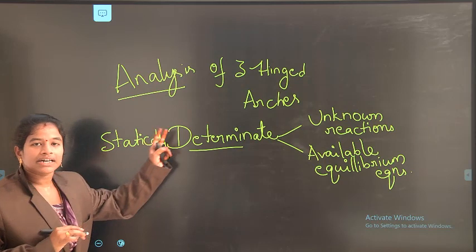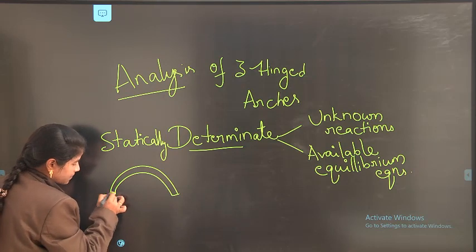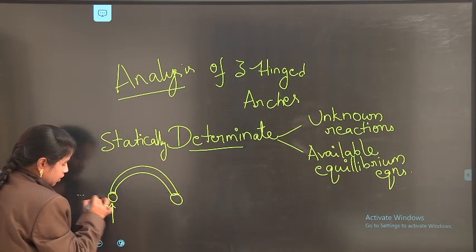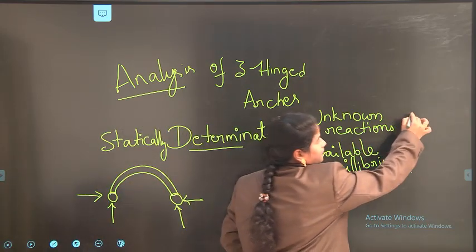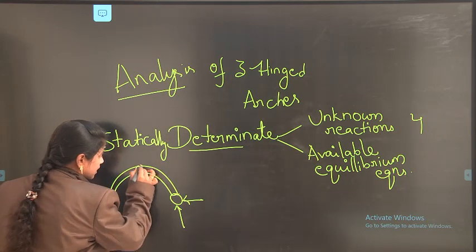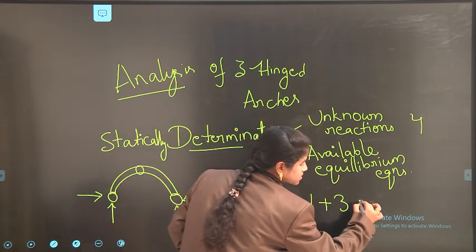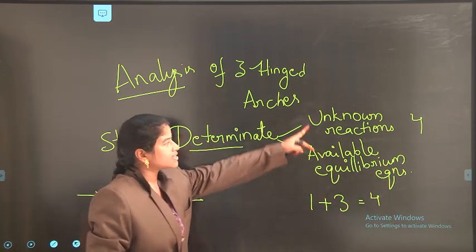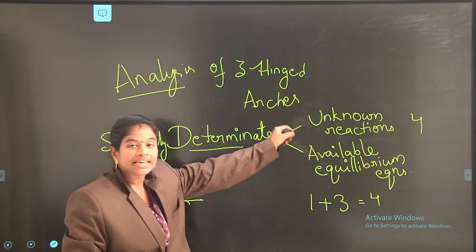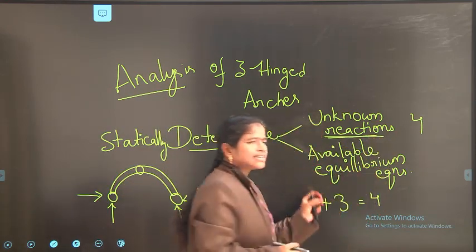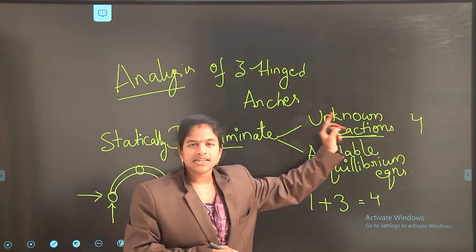Once we classified the concept of the three-hinged arch, we came to the concept that two hinges will provide two horizontal and vertical reactions each. So total 4 unknowns here, and due to the third hinge we have one equilibrium equation, and the general equilibrium equations are 3. So total 4 equations. So 4 unknowns and 4 equations. The structure is determinate. Just as we made the statement, our structure is determinate, right?